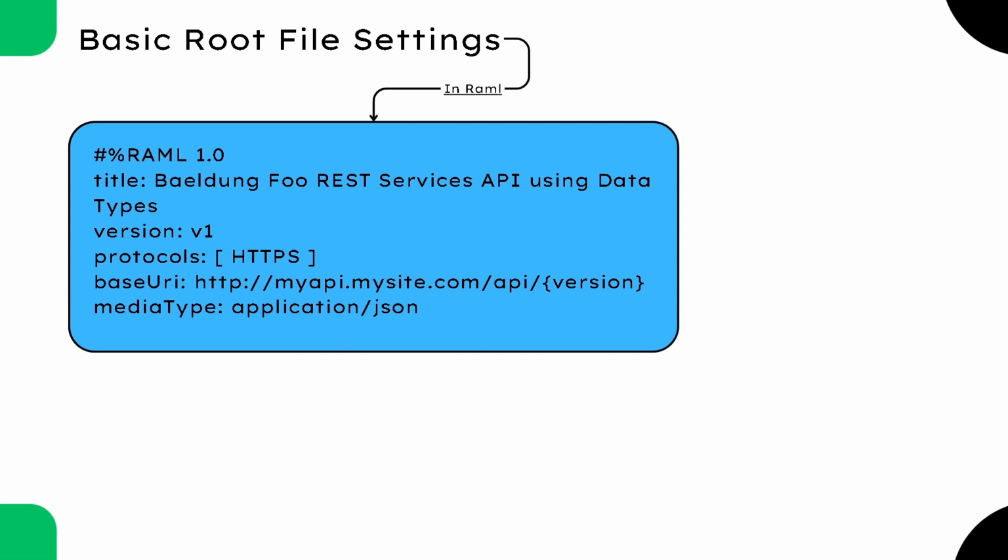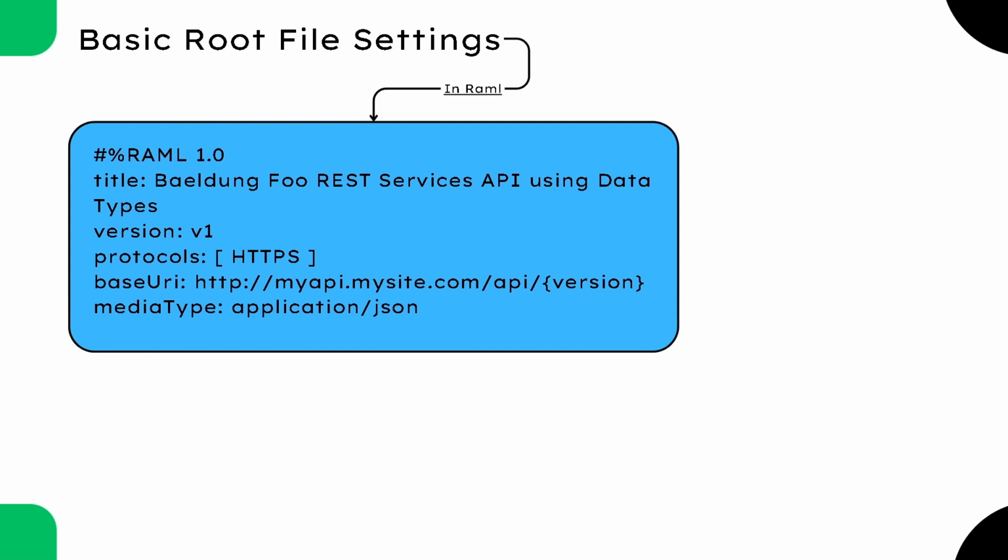For now you can see we have this RAML 1.0 version defined in the first line. In the second line you can define your API title, which system you are going to consume, all those things you can define in the title. Then you can define which version of the API specification it is. Protocols you can define, under which protocols your APIs will get triggered. Base URIs you can define how your end system looks like,